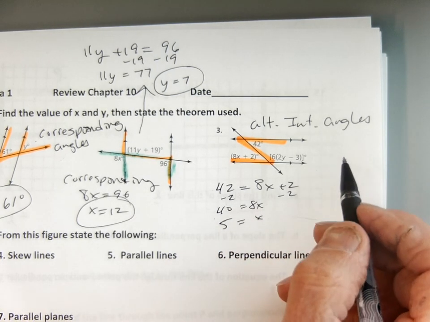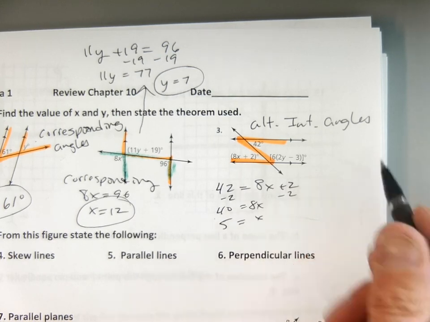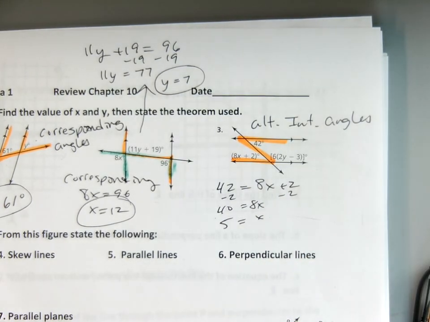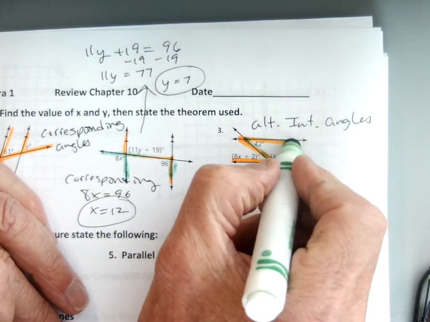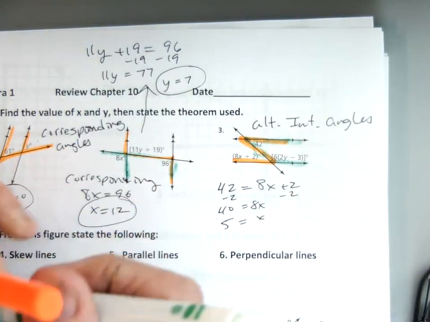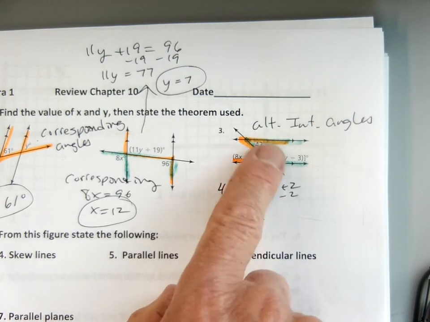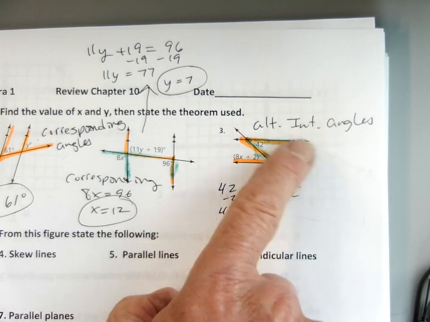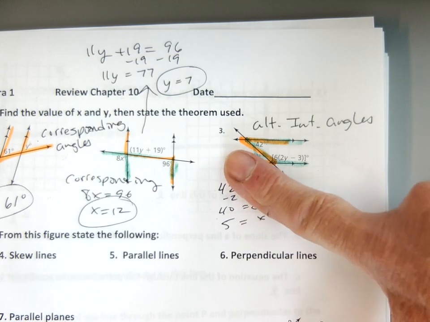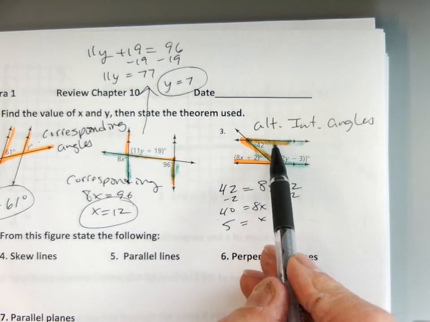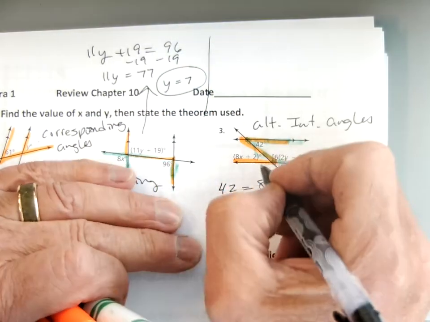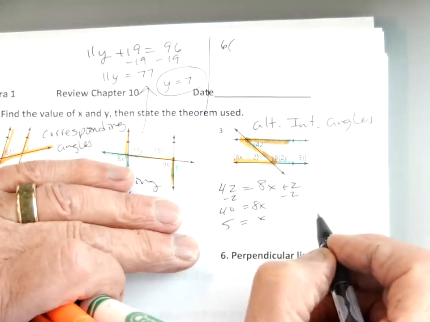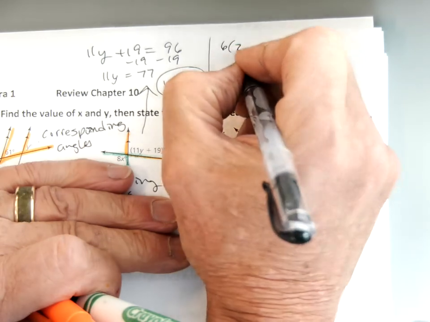So now, to get y, I'm going to use the same side supplementary. That's what I like to call them, the same side supplementary. And they're supplementary. These two have to add up to 180, okay? See the C? These two add up to 180. They don't look equal at all. This angle doesn't look equal to that, but they do. So if we've got to put this one up here, 6 times my 2y minus 3